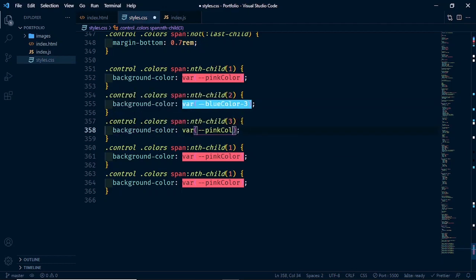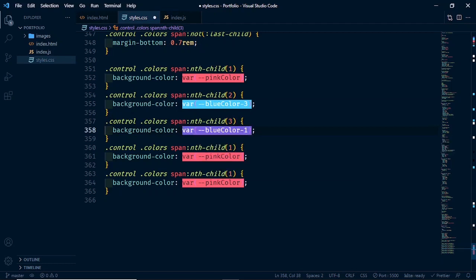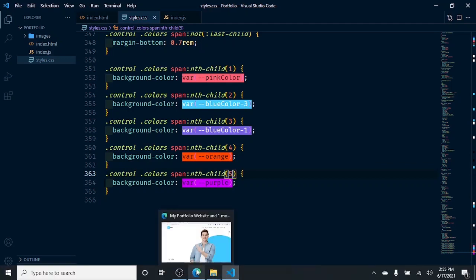The third one should be blue color 1. The fourth one should be orange and the last one should be purple. So let's change this to 5. Let's take a look